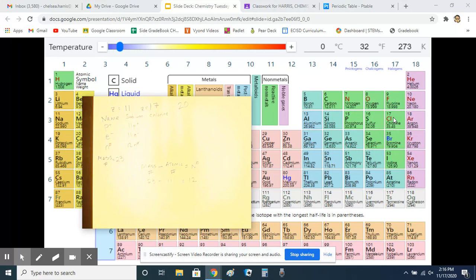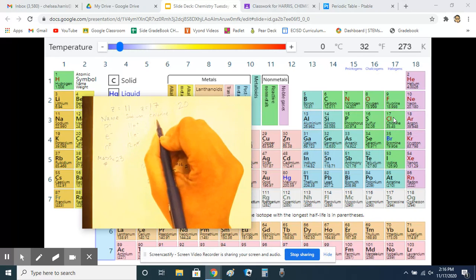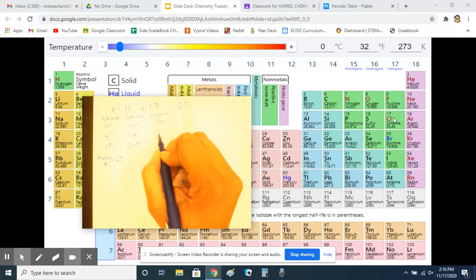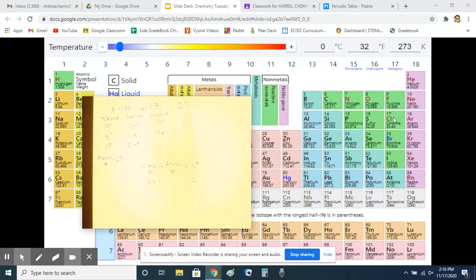So if that's element number 17, what do I know? Atomic number 17, how many protons does it have? 17. How many electrons will chlorine have? 17. How many neutrons? I did not give you a mass number. So look on the periodic table, read the average atomic mass, and round it to the nearest whole number. The average atomic mass written on this periodic table from ptable.com, it says